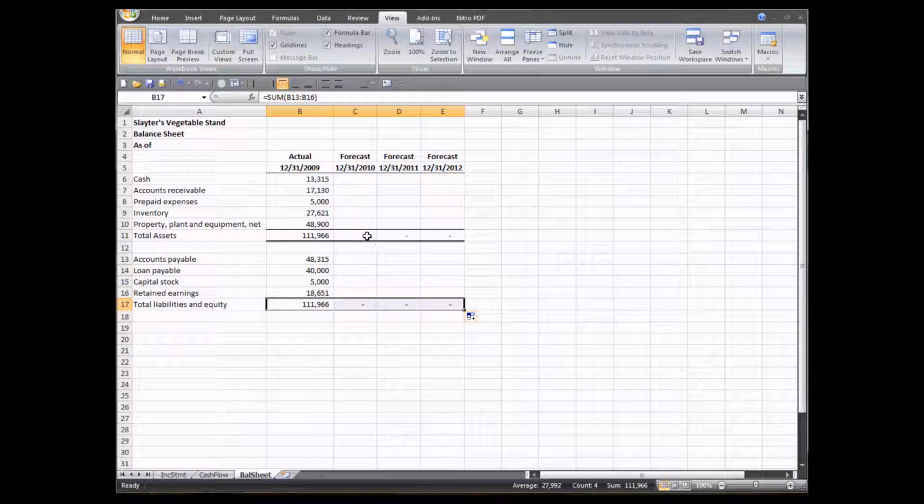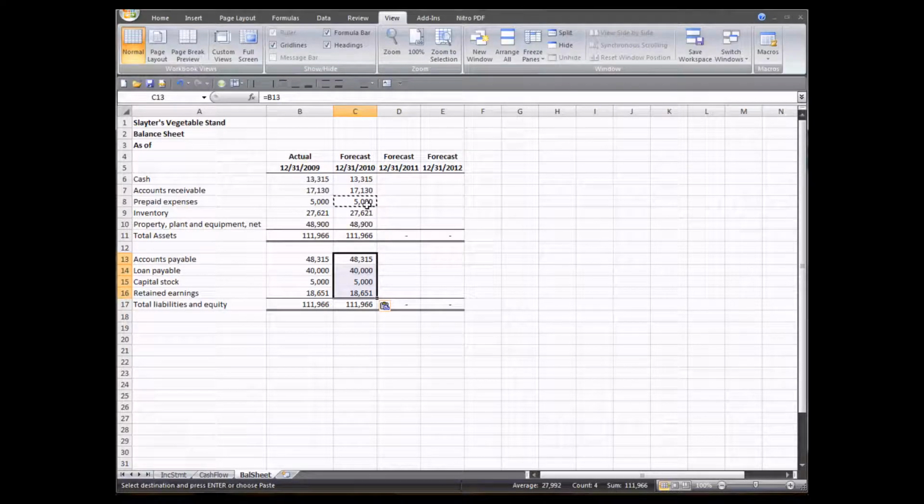And our balance sheet for the next year, for 2010, for example, is going to be primarily based on our balance sheet from 2009, plus and minus any changes. So just as a starting point, all these formulas will change as we go through, but I'm just going to say what's the balance from the prior year, and bring that in here. And so that way I have a starting point to see, okay, am I still in balance? Now, of course, I'm in balance because it's just the same exact number. So you're going to watch as I go through. I'm going to be changing each of these formulas, but while I do it, I want to make sure I